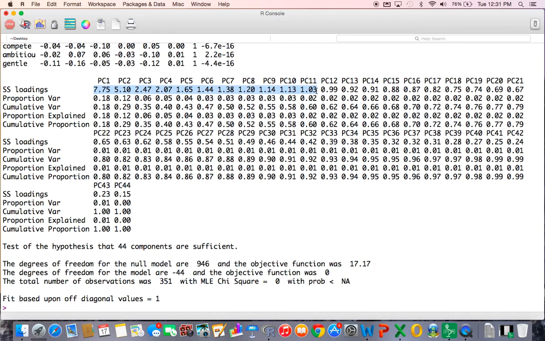But because we have such a large data set here, I'm not so sure that's a good thing to do. So let's look at the proportion of variance. Let's look at the cumulative proportion of variance. So we're out to, I guess eventually where do we feel comfortable in stopping? It looks like to me that we're retaining what could be seen as a 12 component model here. I'm not really feeling too good about that one.